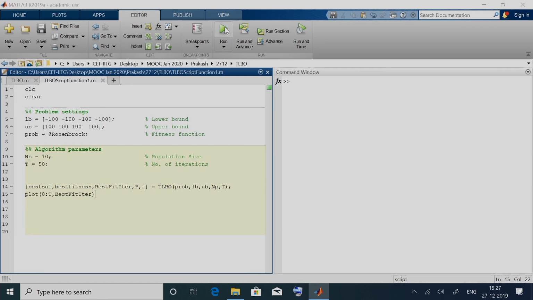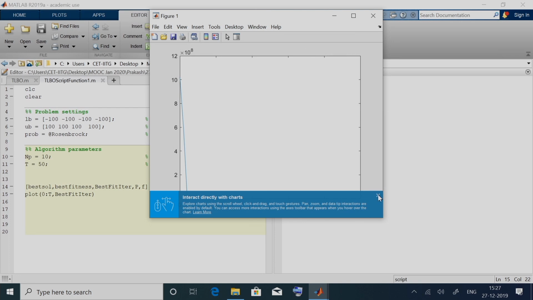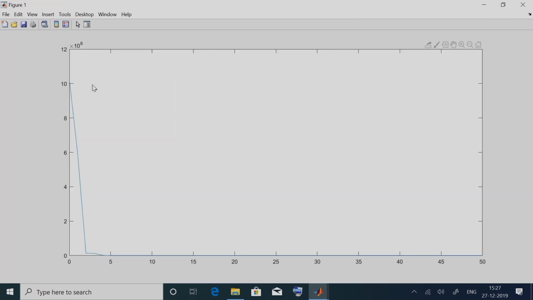I need to execute this. Here, if we see, it is actually starting with a very large value, 10 power 10 into 10 power 8, and then it brings it to 0.